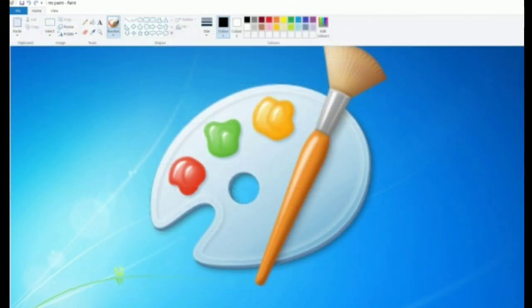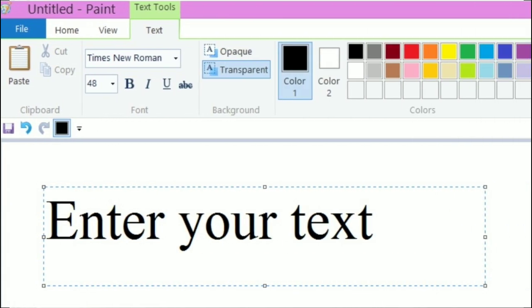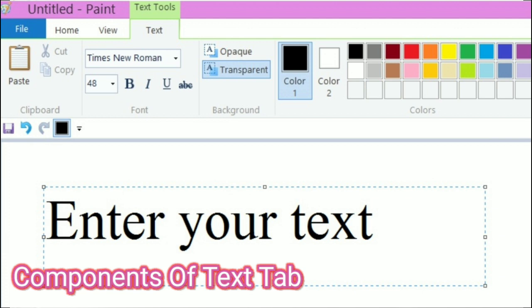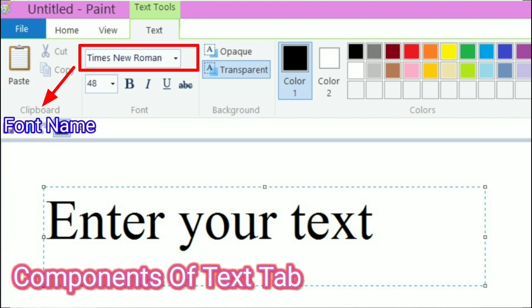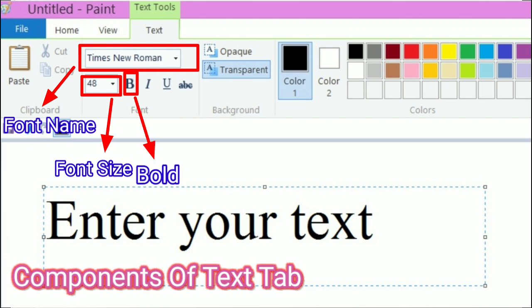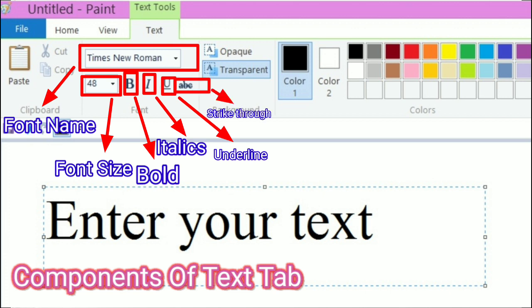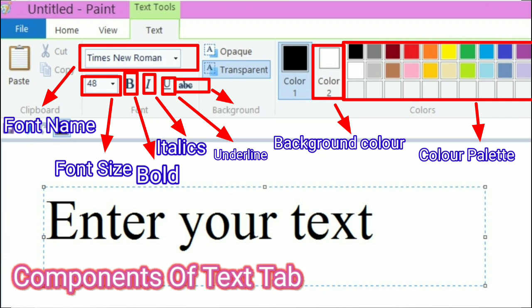So students, let us start the most important topic for this explanation video, which is components of the Text tab. There are many components in the Text tab like font name, font size, bold, italics, underline, strike through, background color, and color palette.